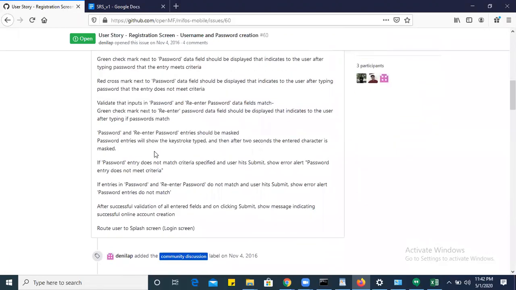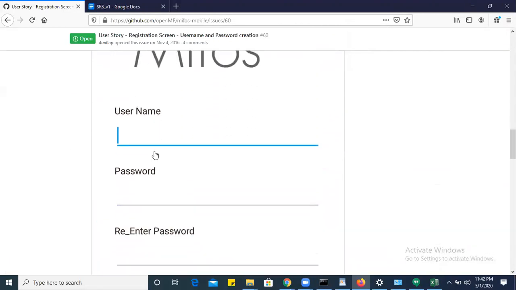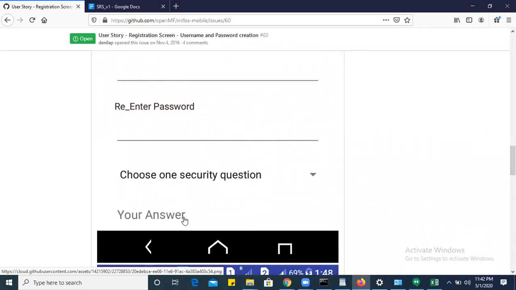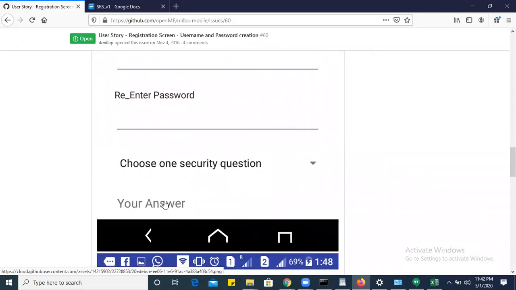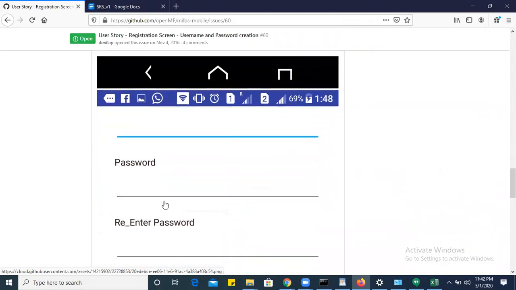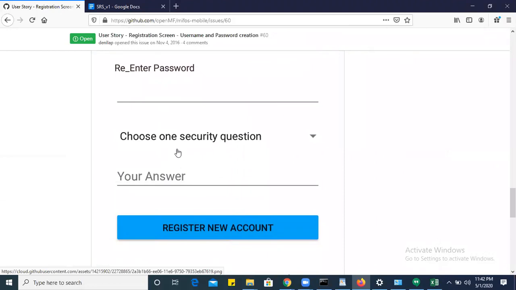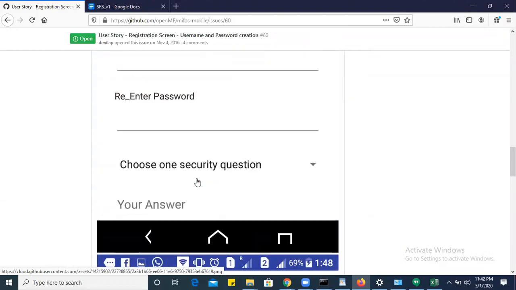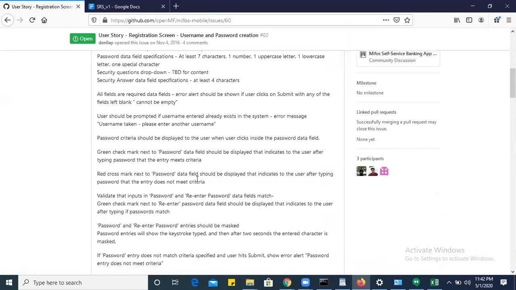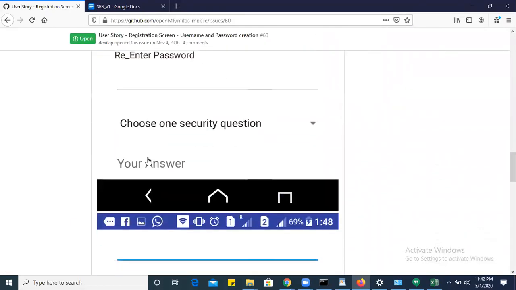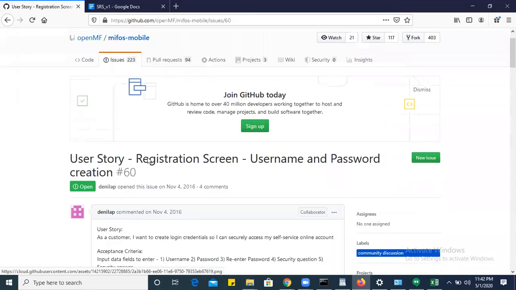For this user story we will have the screenshot also: username, password, re-enter password, choose a security question, write the answer, and register new account, right? So a user story contains a description plus acceptance criteria, and screenshots if possible.